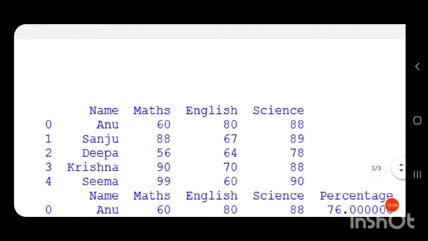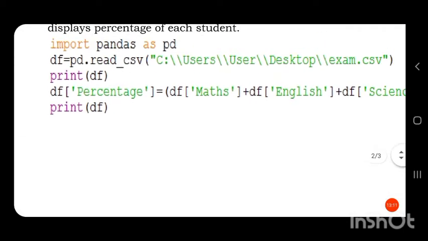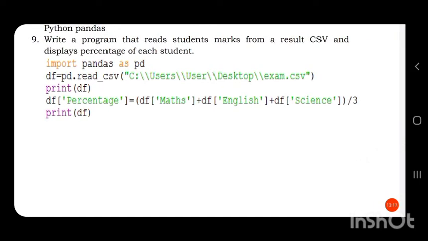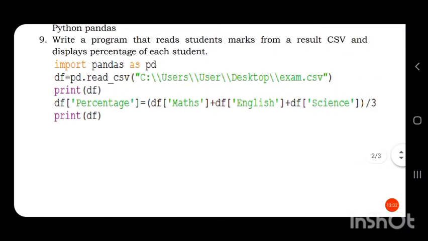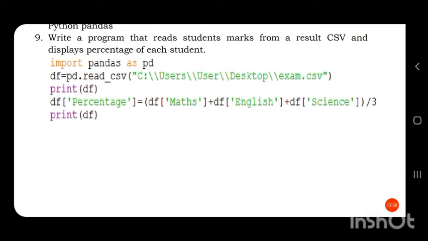So, the data frame is like this. It has 4 columns, one containing name, then maths, English and science. Marks of these 3 subjects, only 3 subjects are given. Now we have to extract these 3 columns, maths, English and science, and compute the average. Since there are 3 columns only, I have created a column to display the percentage of each student. So, here we have a method in the data frame to add a column.